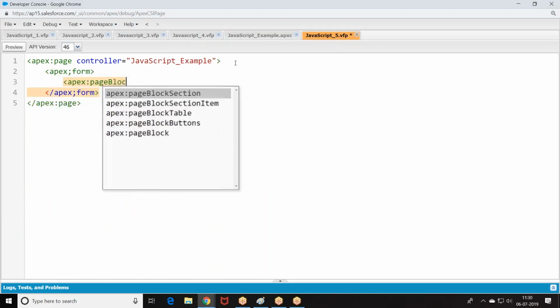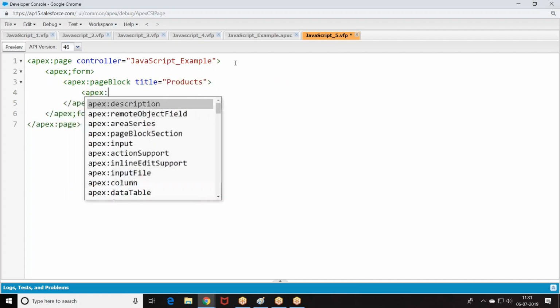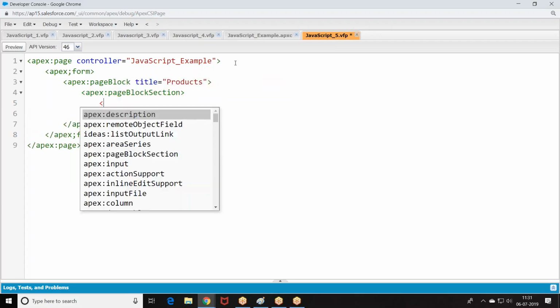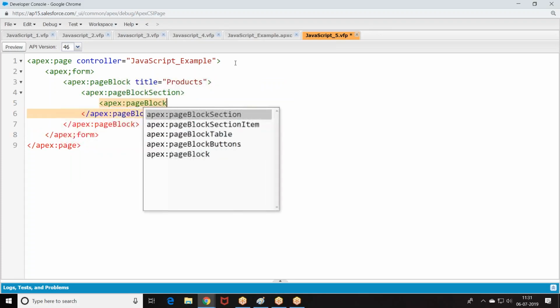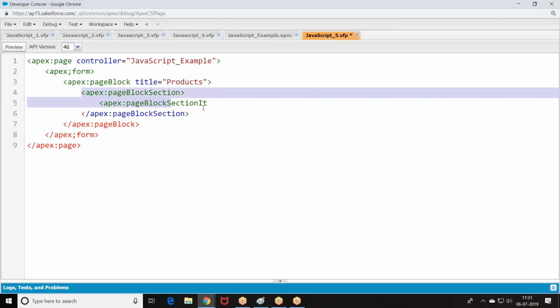Now, I'm going with page block, page block section. Or else I can straight away go with the page block table.